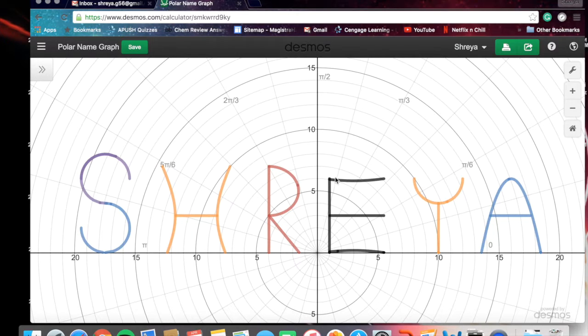I used hyperbolas in my E and my H. A vertically orientated hyperbola replaces the top and bottom lines of a normal E. The r is restricted between the vertical line of the E at r equals secant theta and at r equals